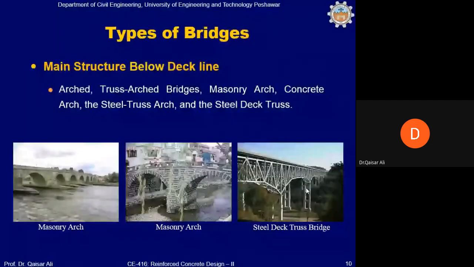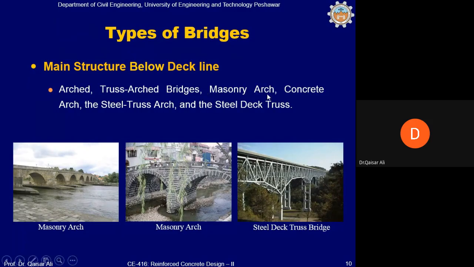Masonry arches, because the surface on which the vehicle runs is now, in this case, the deck system, and the deck is basically above the main structural system which supports the deck. So when the main structural system which supports the deck is below the deck, those are called arch bridges,